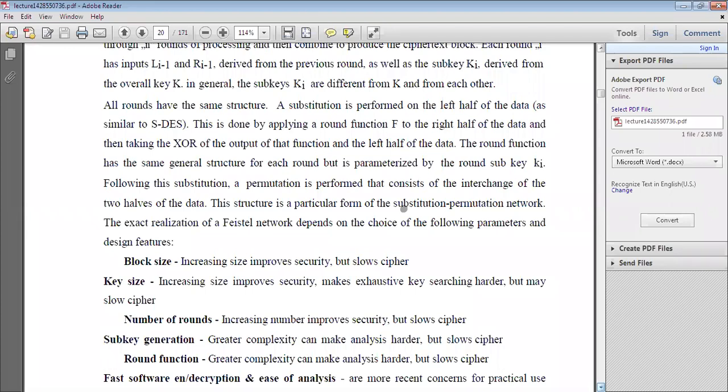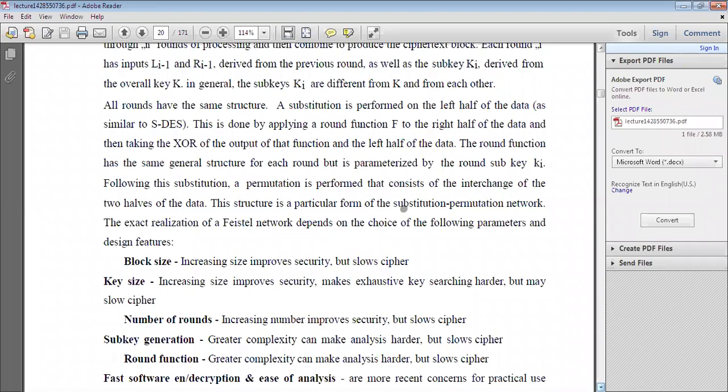Whenever the block size increases, it automatically improves the security. For example, with 32-bit blocks you have less security, whereas with 64, 128, 256, 512, 1024, security also improves a lot.